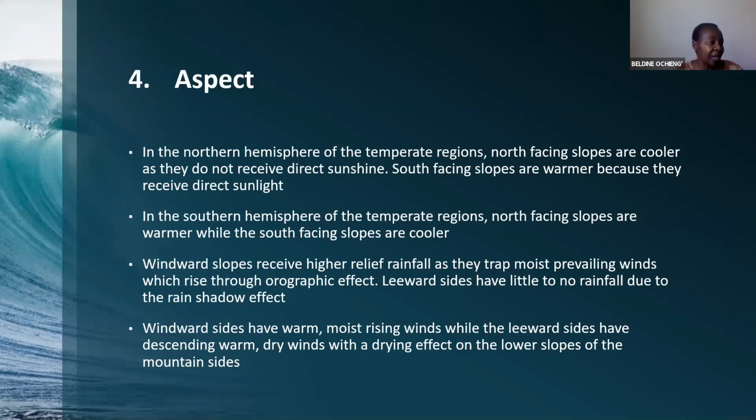In the northern hemisphere of the temperate regions, north-facing slopes are cooler. North-facing slopes are cooler as they do not receive direct sunshine. But south-facing slopes are warmer because they receive direct sunlight. Try to figure that out. In the northern hemisphere, where